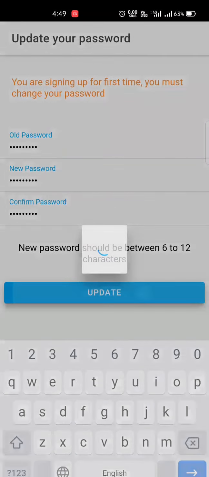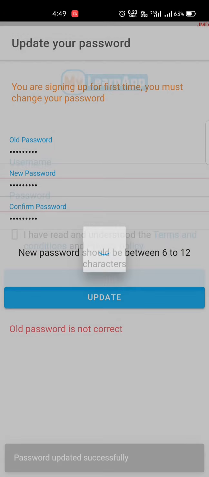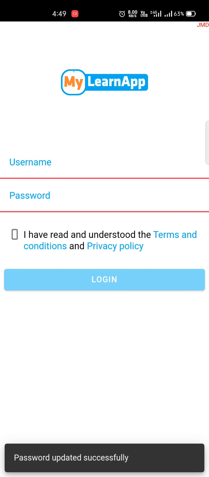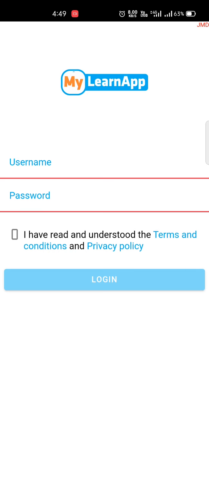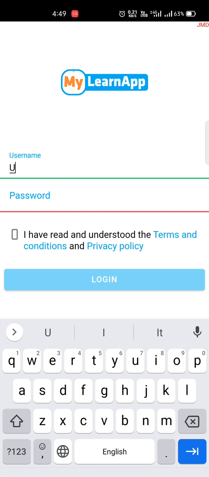So after changing your password, you have to click on the update button and your password is updated successfully. So now you have to log in with your new user credentials with the new password you have created.